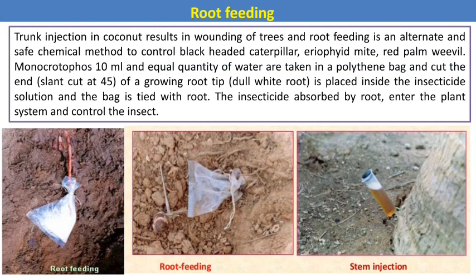It means that here, if you see, this is nothing but one of the systemic insecticides we can use, because the systemic insecticide enters into the vascular tissue or vascular system of the plants, and it is absorbed by the root tissue, and it enters into the plants to reduce the infestation of the different pests.